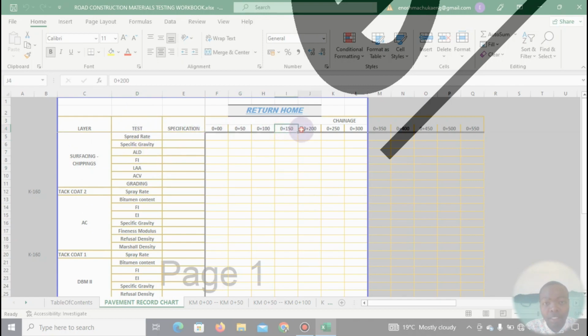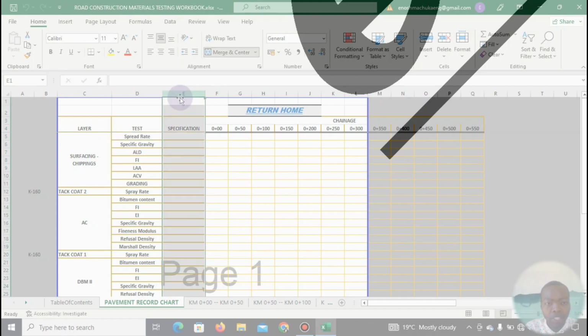As you can see, we have a list of chainages in this section. And then you will also need to indicate here that for this test, the specification